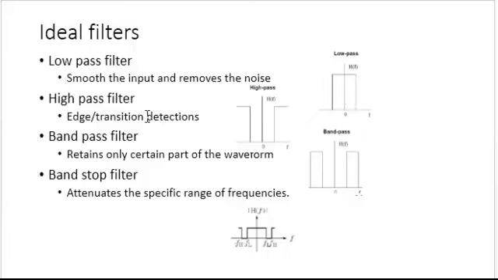Similarly, the high pass filter is basically for edge and transition detection. So it is going to cover only the high frequency components, and it is going to cut the middle and lower frequency components. This is just the reverse of your low pass filter. In the low pass filter, we cover the component under this gap, whereas in the high pass filter, you will be covering outside of this gap. It is going to cut